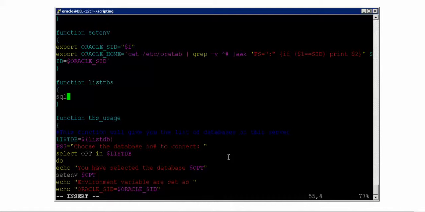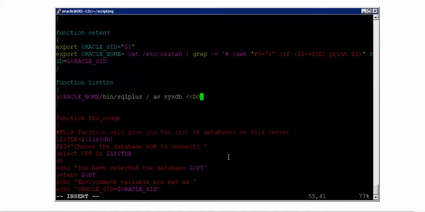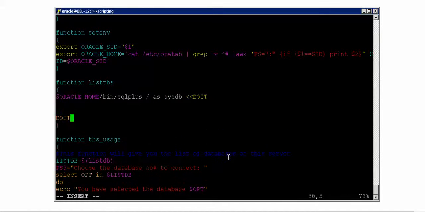So the first thing is SQL plus, but SQL plus will not basically work. So I should say $ORACLE_HOME/bin/sqlplus / as sysdba. Whenever you connect, I use a here-document. So this is the mark I'm keeping. Whatever I write between this one and this one, the complete set will be executed inside the database. But because it has to connect, it is not a console, I should say connect to SQL plus in the silent mode. That means it will not show the banner of the SQL plus, nothing will be displayed.